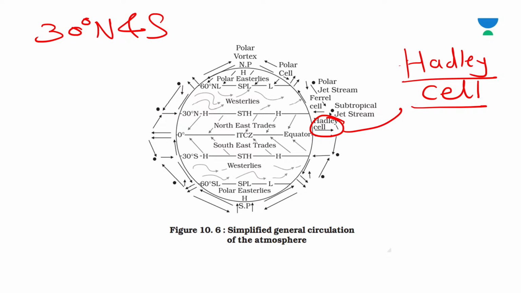Now, in the middle latitudes, the circulation is that of sinking cold air that comes from the poles and the rising warm air that blows from the subtropical high. So at the surface, these winds are called westerlies, and the sail is known as the Ferrel sail.